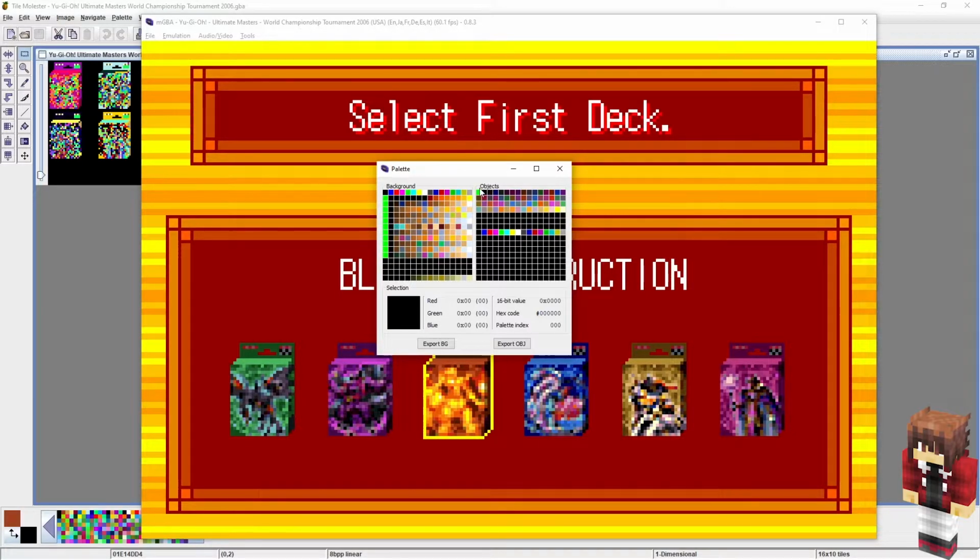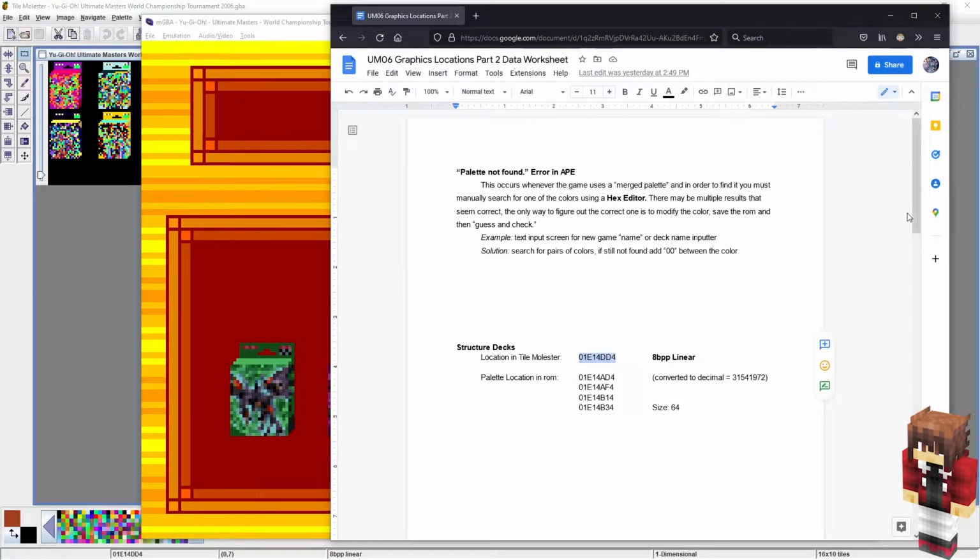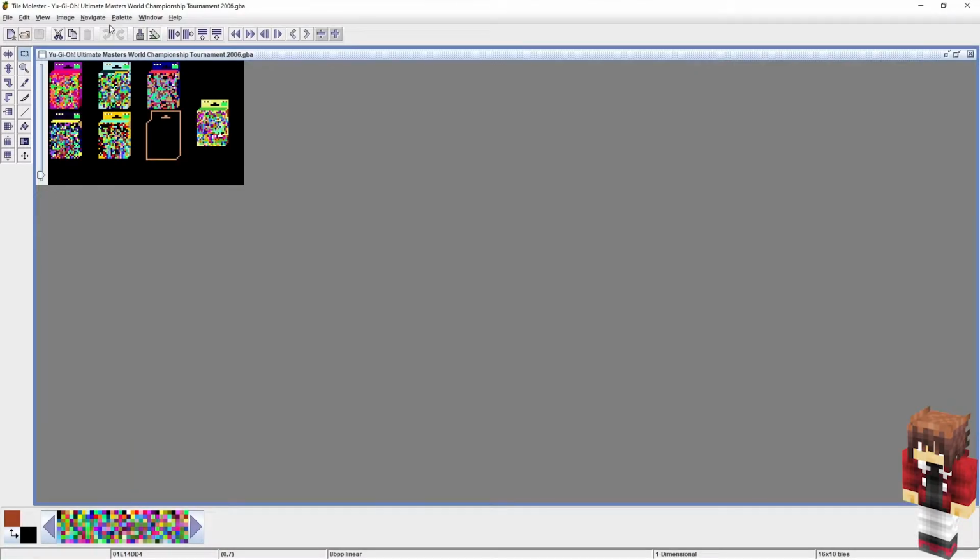And since it's 64, it's a little bit different. So you just need to find this first row, and I've gone ahead and did that here. And these are the 4 rows of palettes. So just like last time, we're going to import it to TileMole, and we need to convert this first number first, which is this. So go ahead and go to palette, import from this file,